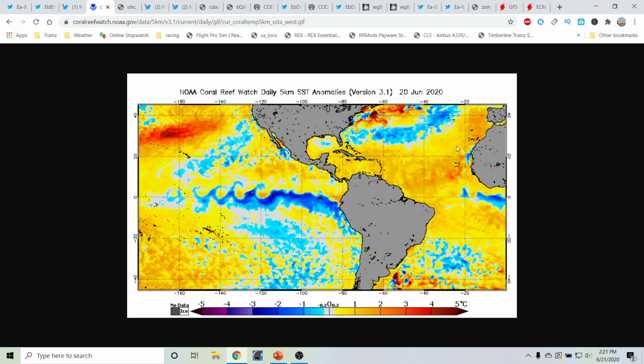And speaking of the main development region, this area continues to warm even with the Saharan air. Now, there is a little bit of a lag period. There's still more Saharan air that is coming off the coastline of Africa that is going to be pushing its way across this area over the next several days. You can see a little bit of that cooling effect there to the north and east of the Cabo Verde Islands. But for the most part, the main development region continues to favor a positive AMO, or Atlantic Multidecadal Oscillation,